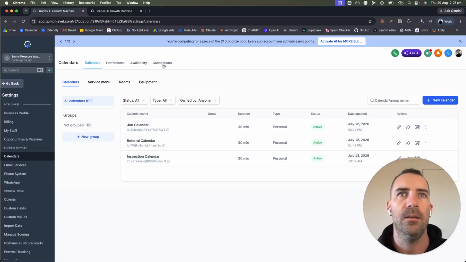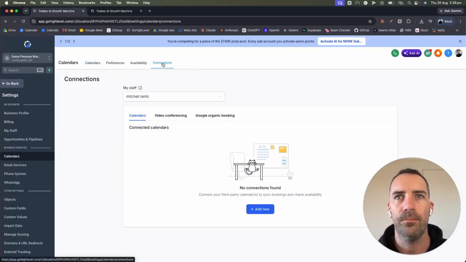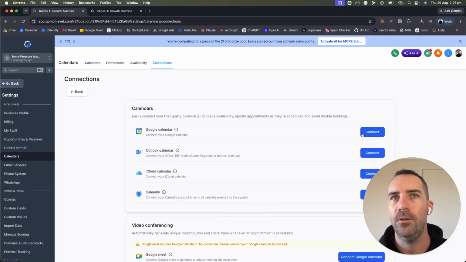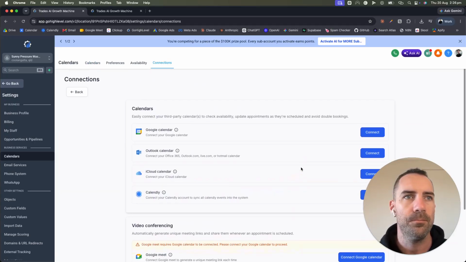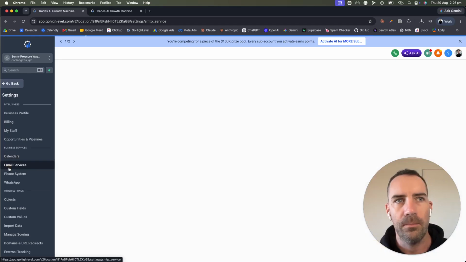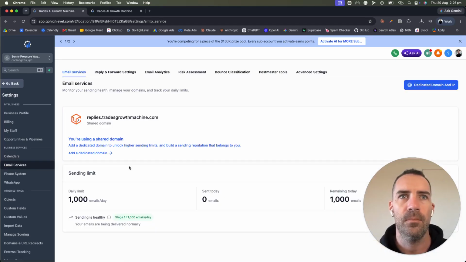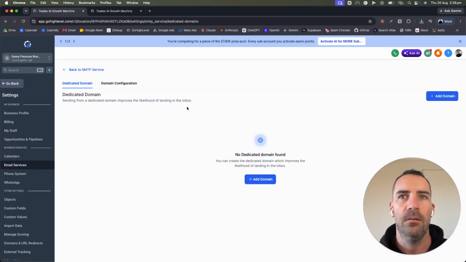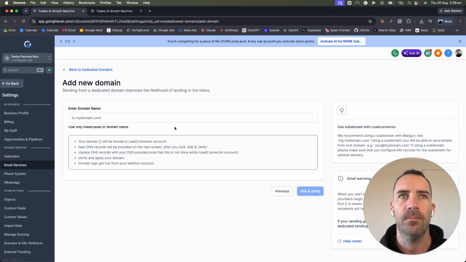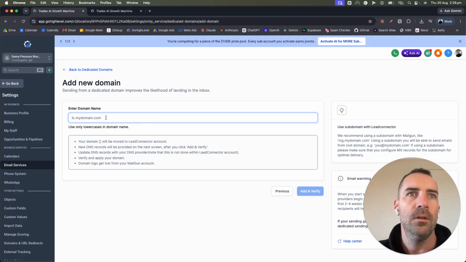So if you come in here, then you're going to go to connections, add, and then you can add your Google Calendar or Outlook or whatever you're using. Then we're going to come down to email services, and we're going to go dedicated domain and IP, add domain, and then this is going to be a sending domain, so kind of like a subdomain, and you can see this little format here where it's got,